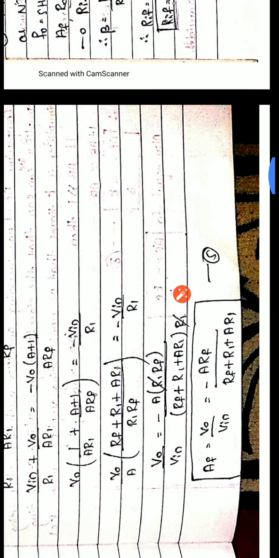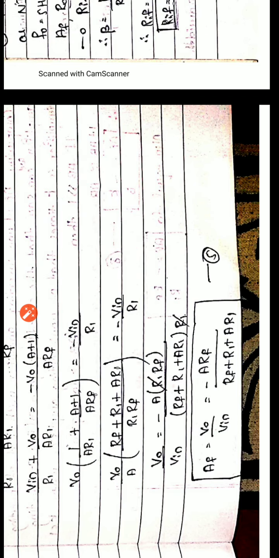Okay, so now we have to rearrange this because we need a voltage gain. What we need here is the complete voltage gain, that is closed loop, which is denoted by AF, is nothing but what? V0 by Vin we need, correct? So V0 by Vin is required. So for that, what we are going to do here, you have to rearrange this equation.